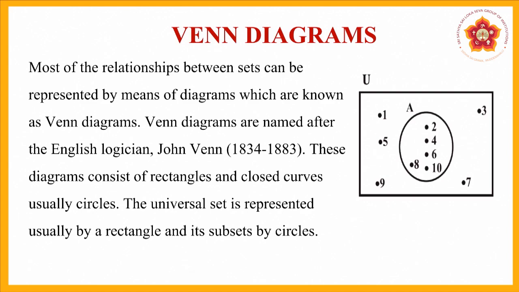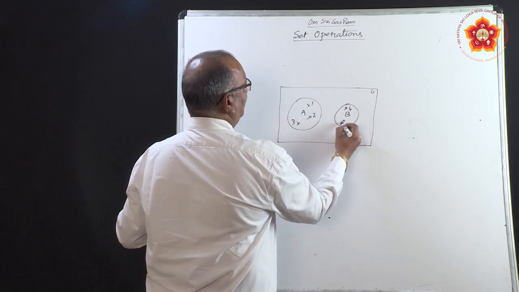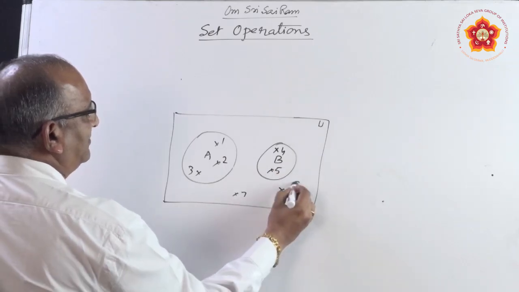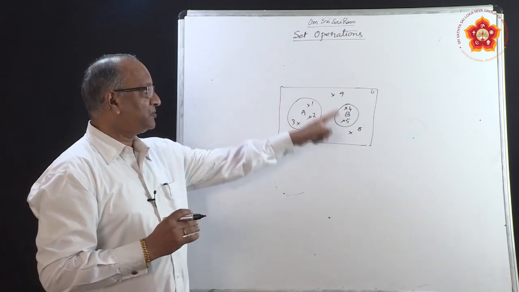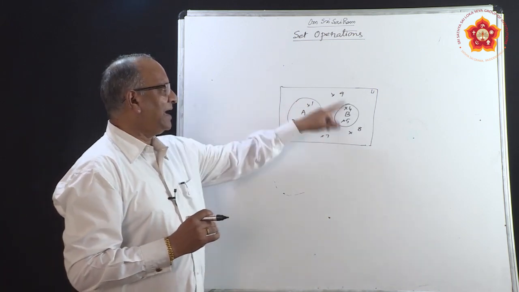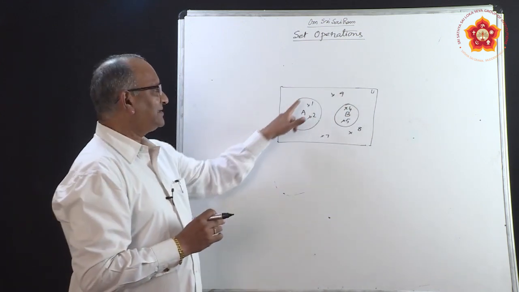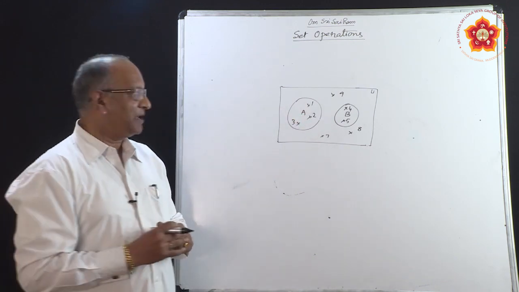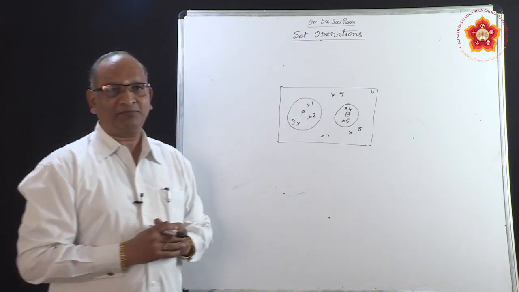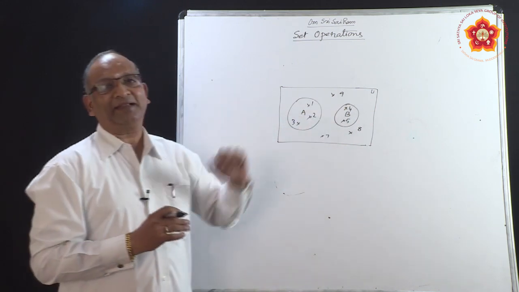So, suppose A has some elements, let us say 1, 2, 3, etc. This has elements, let us say 4, 5, etc. Then we have 7, 8, 9, etc. So, what do we say? We say a universal set contains natural numbers from 1 to 9. You can see all numbers 1 to 9 are represented within the rectangle. And what are the elements of set A? The set A has elements 1, 2, 3, the first three natural numbers. What are the elements of B? We say the two elements 4 and 5. And there are some elements which are not in either A or B, but they are in the universal set.